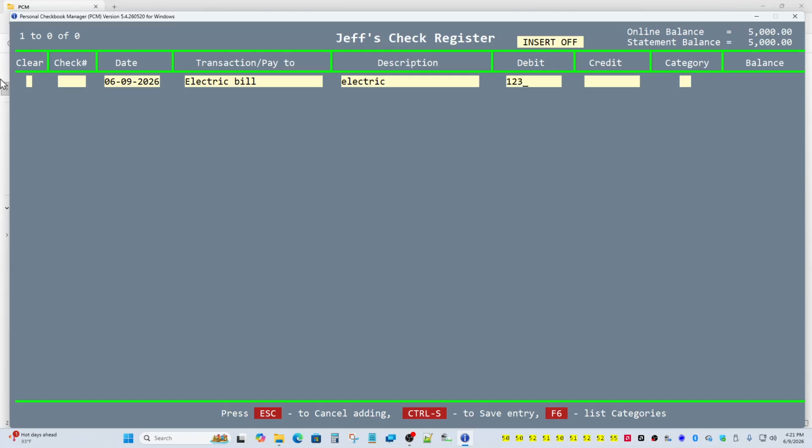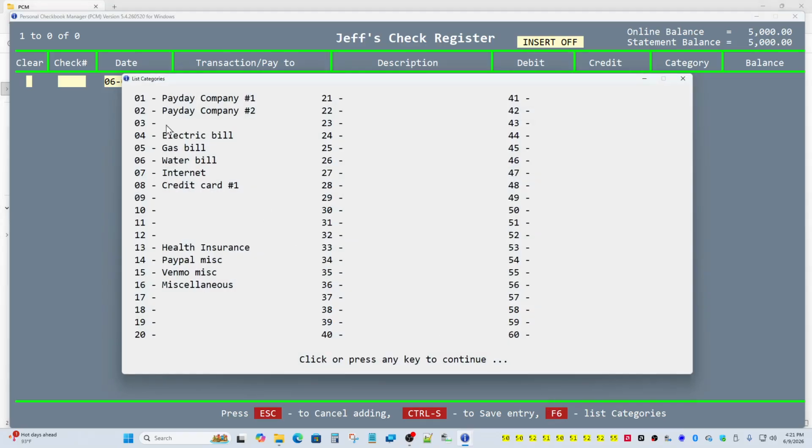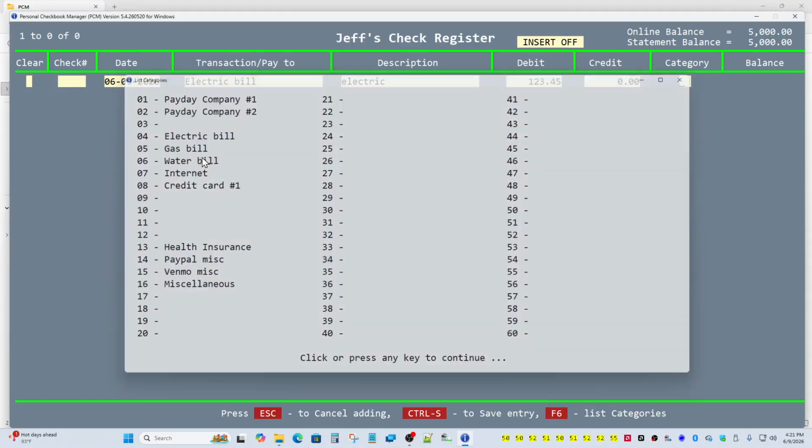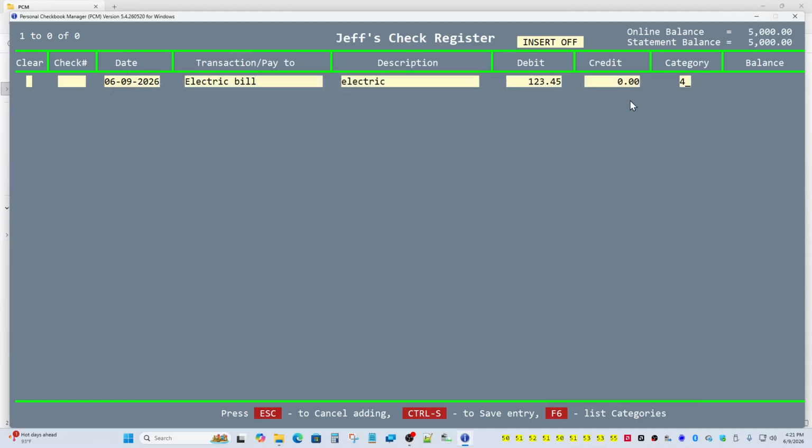And let's say it's 123 and 45 cents. Well, got to spell it right all the way. And you get over to the categories. Okay, it was one of those categories. If you forgot which one, you can go down here and click your F6 and it'll pull up your listing. The electric bill is category 4, so we can go back to here and we'll put in a 4 and